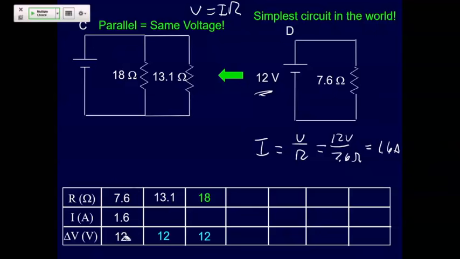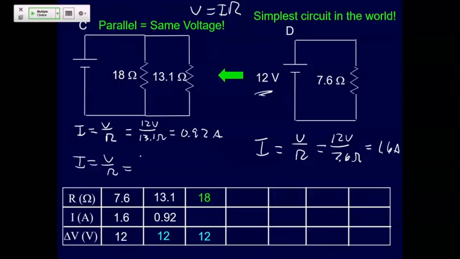And so I'll erase this to make this a little clearer. And so the 12 and the 12. And so then we take our equation to find the last piece. And so I say voltage divided by resistance. And so in the case of the 13.1, I take 12 volts divided by 13.1 ohms, and I get 0.92 amps. And in the other case, I'm going to get 12 volts divided by 18, and that comes out to be